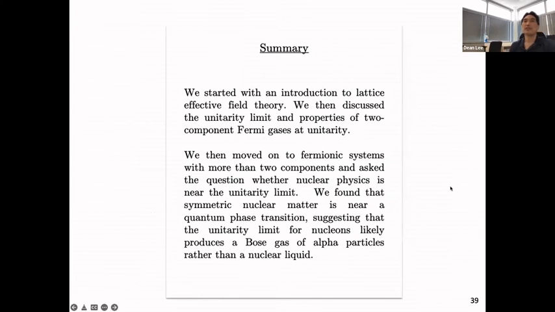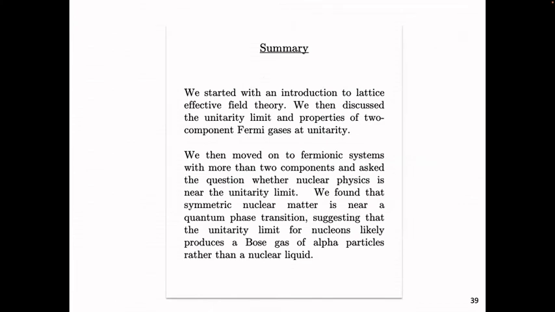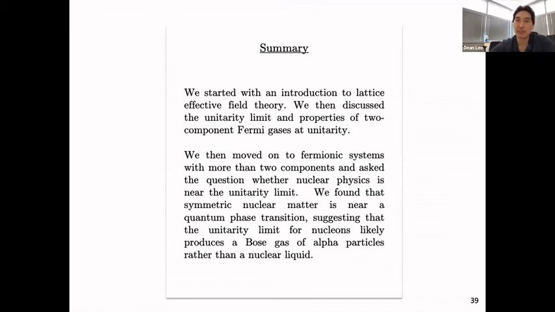So let me now summarize. So we started with an introduction to lattice effective field theory. Then we discussed the unitary limit and properties of 2 component Fermi gases at unitarity. Then we talked about systems with more than 2 components and asked the question whether nuclear physics is near the